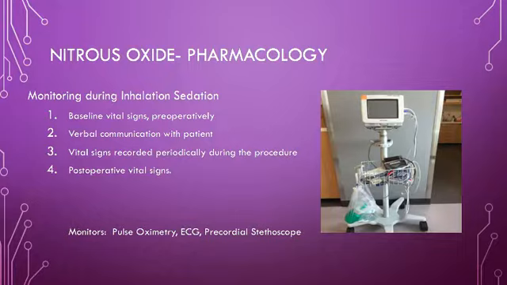Explained the benefits and risks of the use of nitrous oxide, and this preferably would go before you say that the patient gave verbal and written consent. And then what you would do for that third bullet point where it says vital signs are recorded periodically during the procedure is that you would record every 10 minutes the patient's oxygen saturation, their respiratory rate, and their